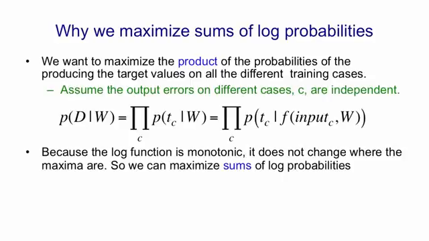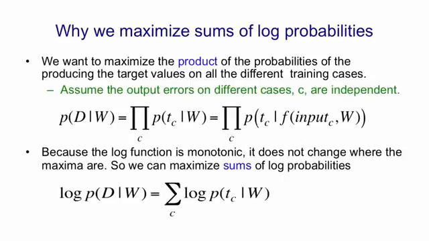The log function is monotonic, and so it can't change where the maxima are. So instead of maximizing a product of probabilities, we can maximize a sum of log probabilities. And that typically works much better on a computer. It's much more stable. So we maximize the log probability of the data given the weights, which is simply maximizing the sum over all the training cases of the log probability of the output for that training case given the input and given the